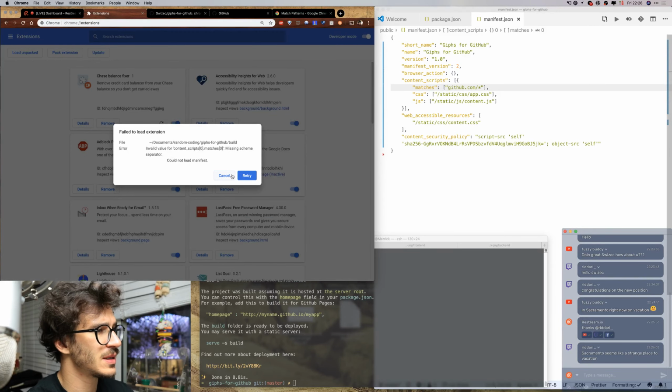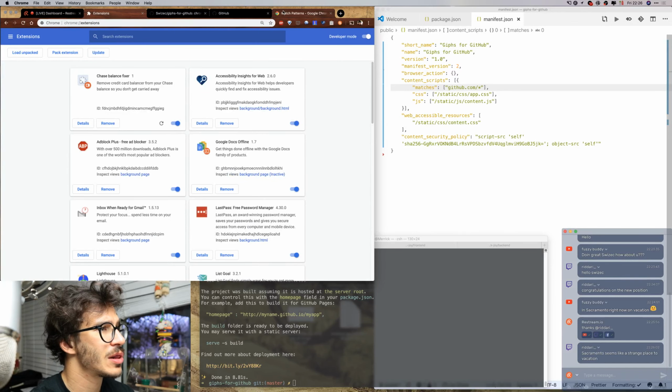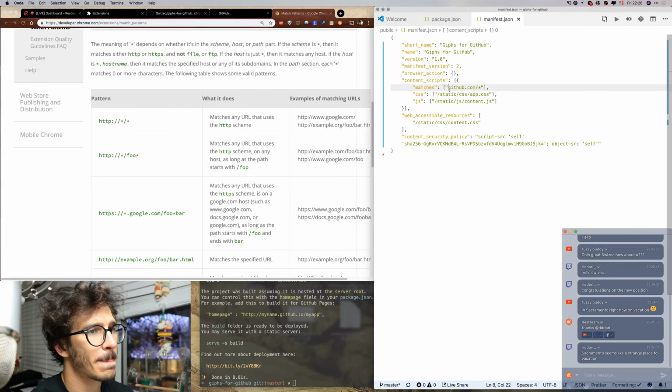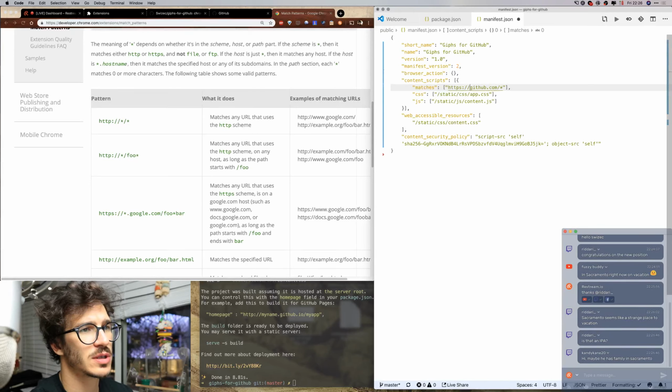Missing scheme separator. Okay. HTTPS //